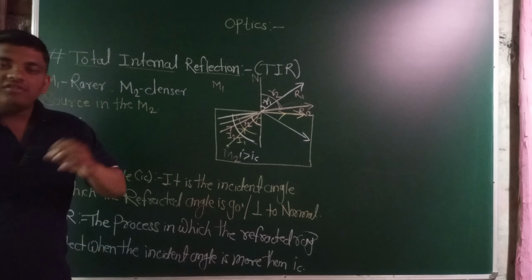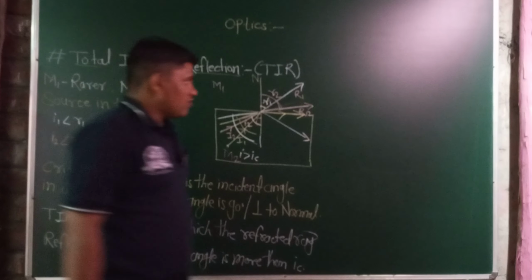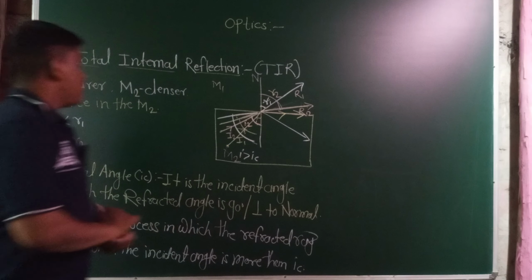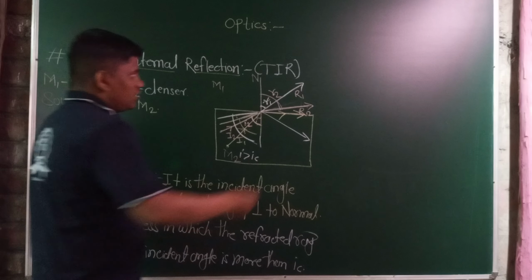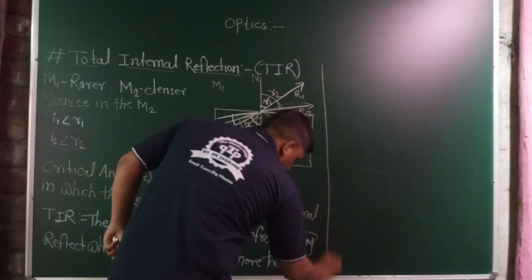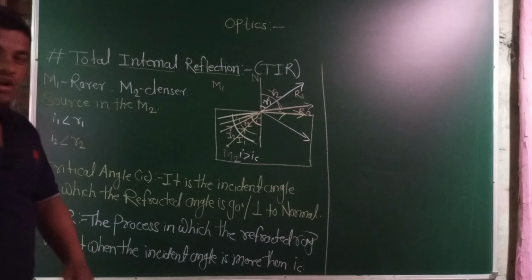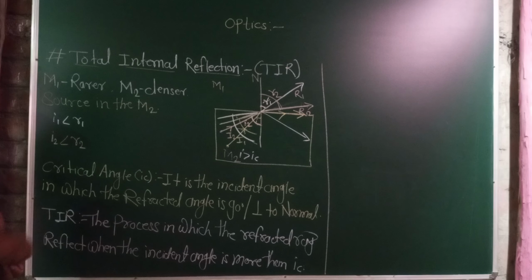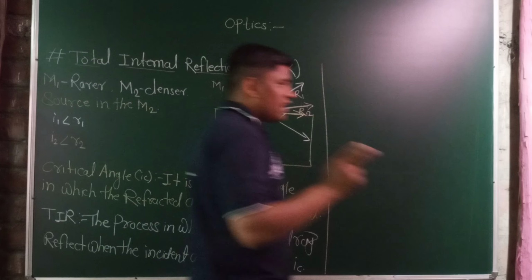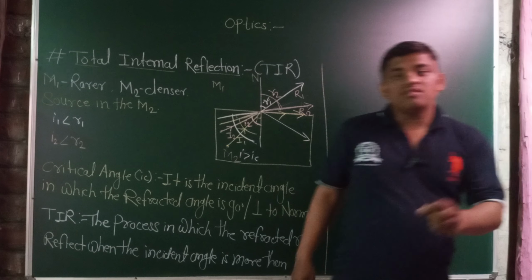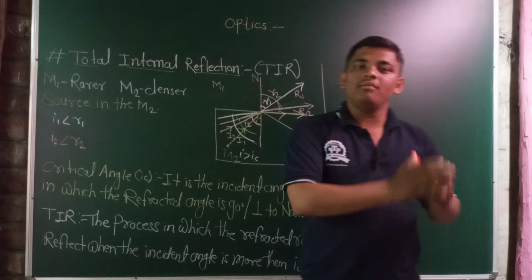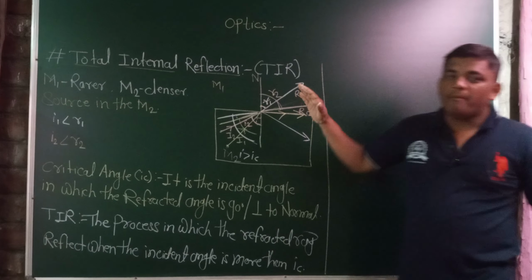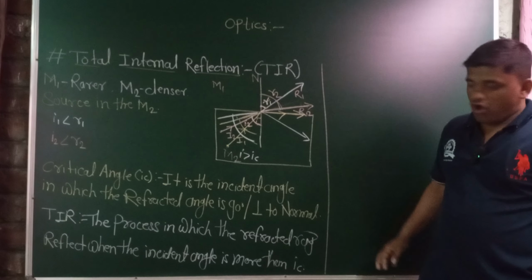It is also included in the junior college level syllabus. This is the most important concept, which will be asked for 3 to 4 marks or more than 4 marks in those types of examinations. We now know about the second condition of refraction: when light passes from the denser medium to the rarer medium, the refracted ray bends away from the normal.